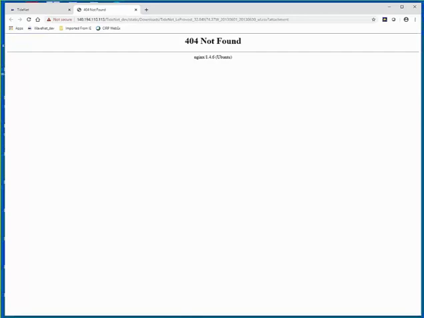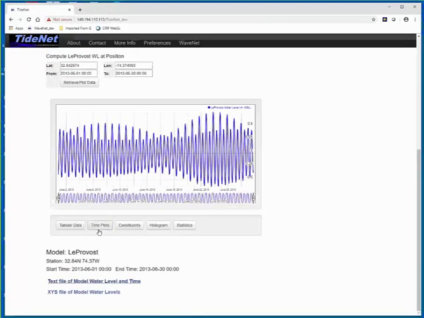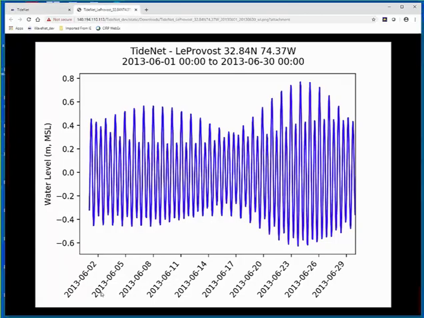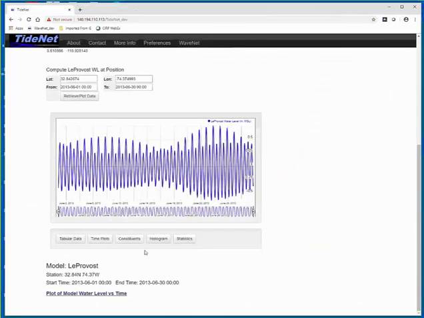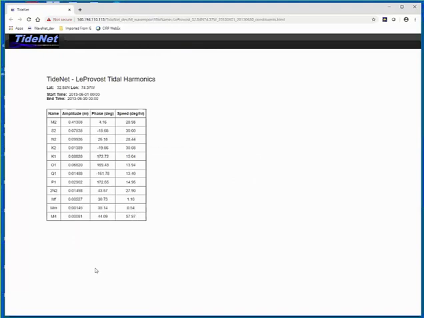Apparently, it's right here, but for some reason you may not be able to display the data. Let's look at the data. It's there. It's not written to the file properly, either because of the network or something happened during the write to it, but it is there because here is the plot of the data, as you can see. So it created that. At the bottom you have tabular data, time plot, the constituent information. Again, this will generate all the constituents that you will need to run your basic circulation models.